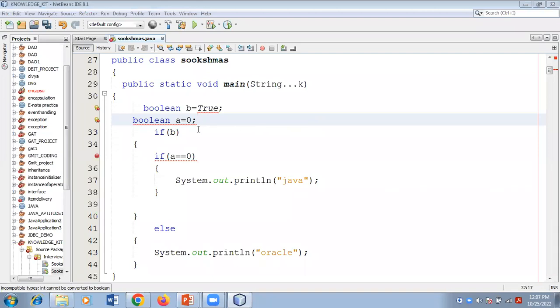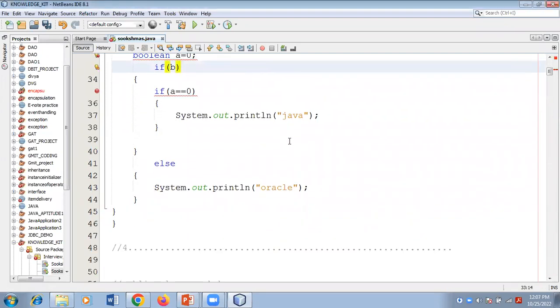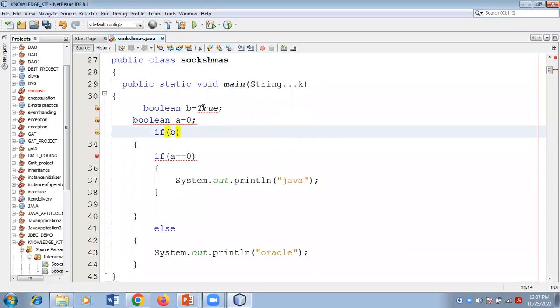And observe the code and the number of errors you are getting. So we'll try to debug the errors first. Whatever value you are assigning, true or false, it should be in lower case first. This is the first point you have to remember. If you put it in upper case, surely we'll get a compile time error